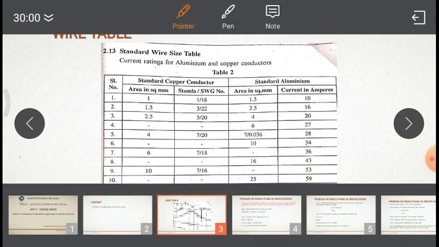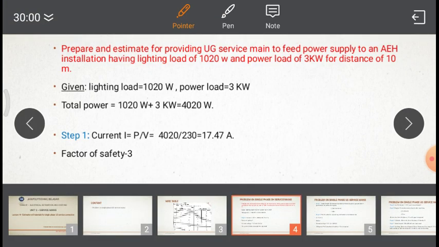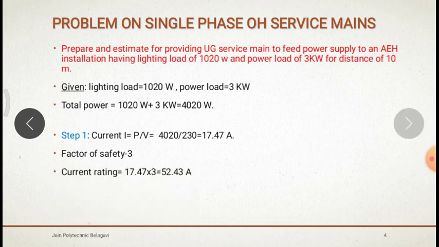So how much cable length do we require now? It is of 16 square mm aluminum twin core. Why twin core? For single phase it is twin core. If it is 3 phase, 3.5 or 4 core cable we use. So we require 16 square mm aluminum twin core cable.